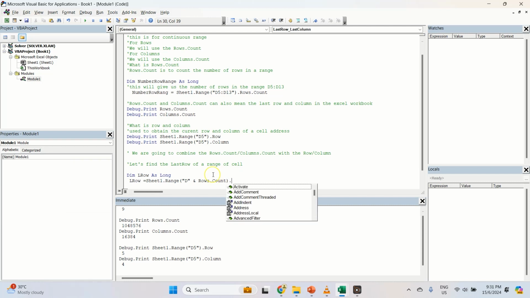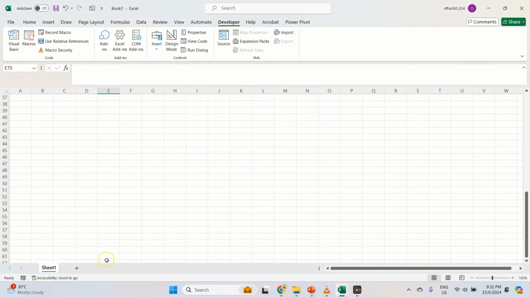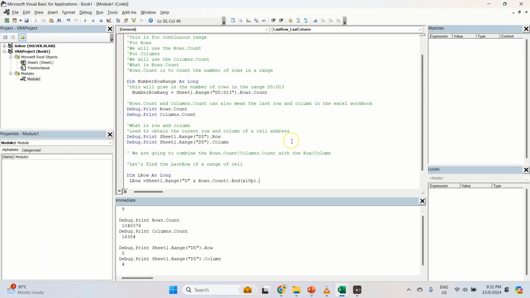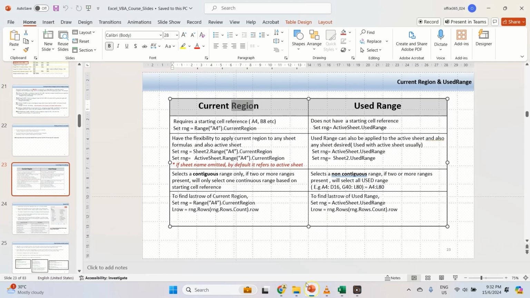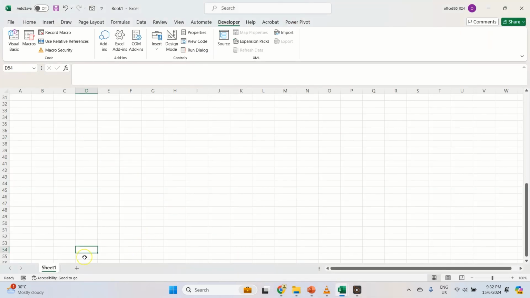So we're going to say D and rows.count, and then we're going to add this function xlUp. What this does is it goes all the way down, and then it returns us back .row, right? So it returns us back to the last row from the bottom